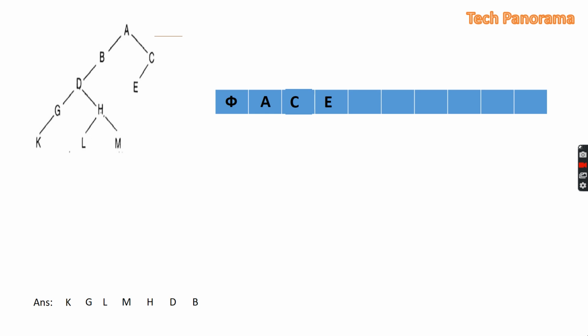The first element to be popped is E. The PTR will be assigned E, and as it is positive, we will simply process the E. Then next we will pop the element, that is C. As it is positive, we will simply process the C, so it will be written as C. Next the element to be popped is A. We assign PTR is equal to A, and as it is positive, we will simply process the A. Now we pop the next element, that is null. Now the PTR is equal to null, so the process will stop. So this is our final answer: K G L M H D B E C A.